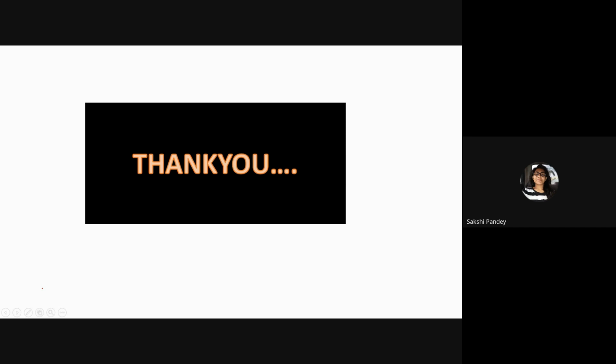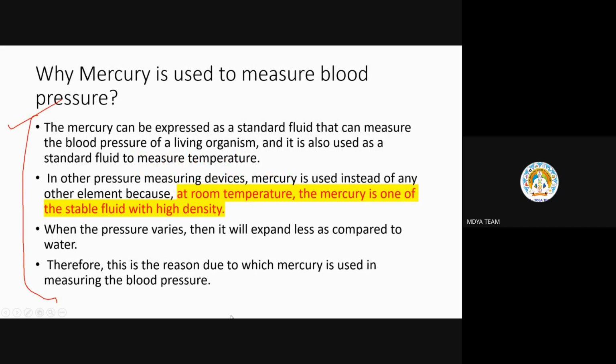Ma'am, what did you say about mercury? Mercury is the only stable fluid with high density at room temperature. By stable fluid, what do we mean? Fluids are not stable, they are flowing. So it is a stable fluid, meaning at room temperature also it is a stable fluid. That's why we